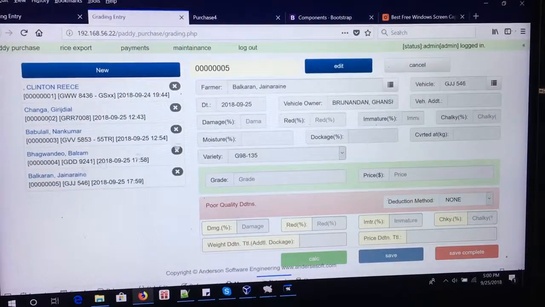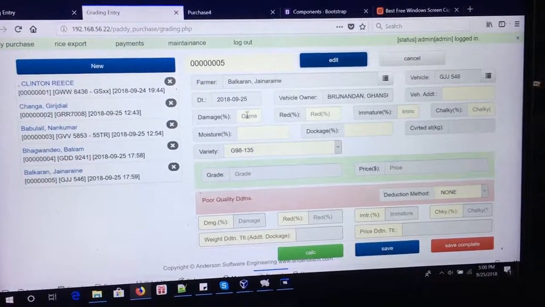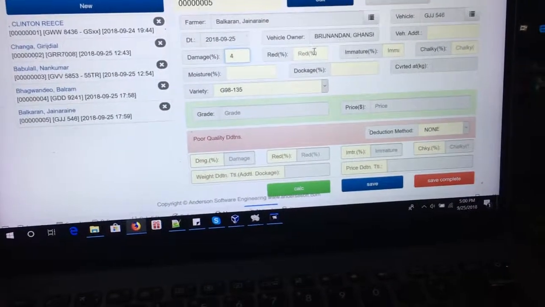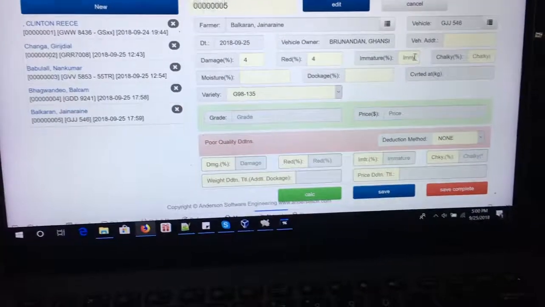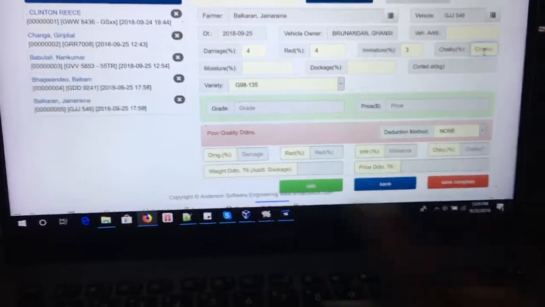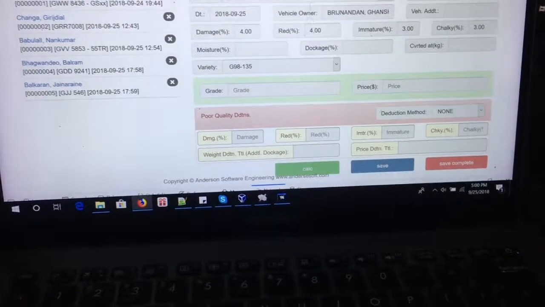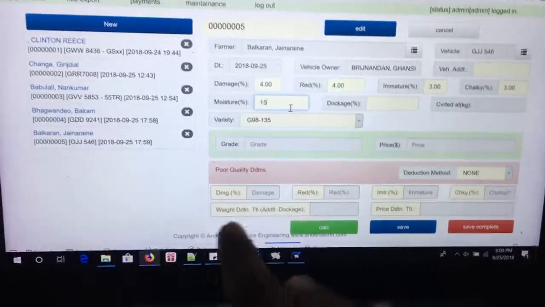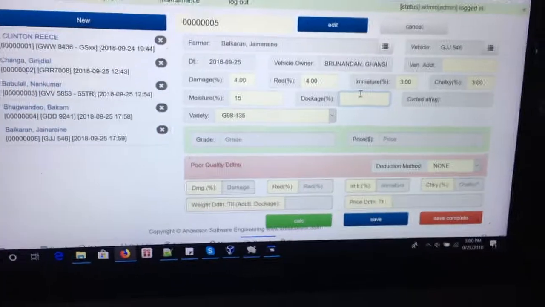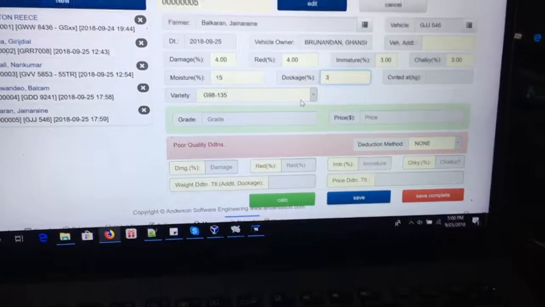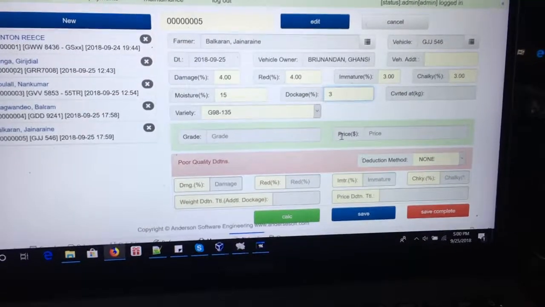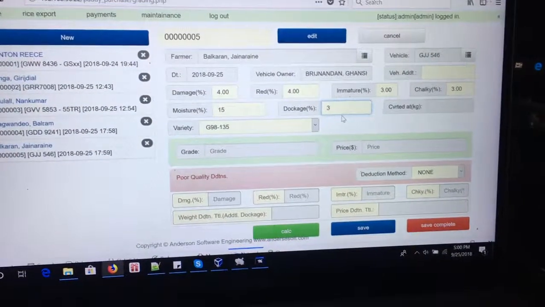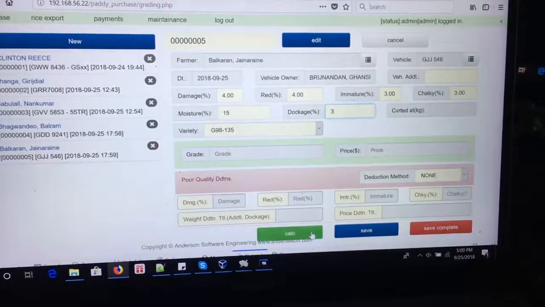So to pull it up, you just click on one of the slips like I just did, you hit edit, you put in your grading information as you get it, and you can save at any time again till you get everything. Filter back again, edit, we have the moisture now, so moisture, dockage, and at this point we should be able to calculate the grade. Hit calculate, it's going to give us sample 2,